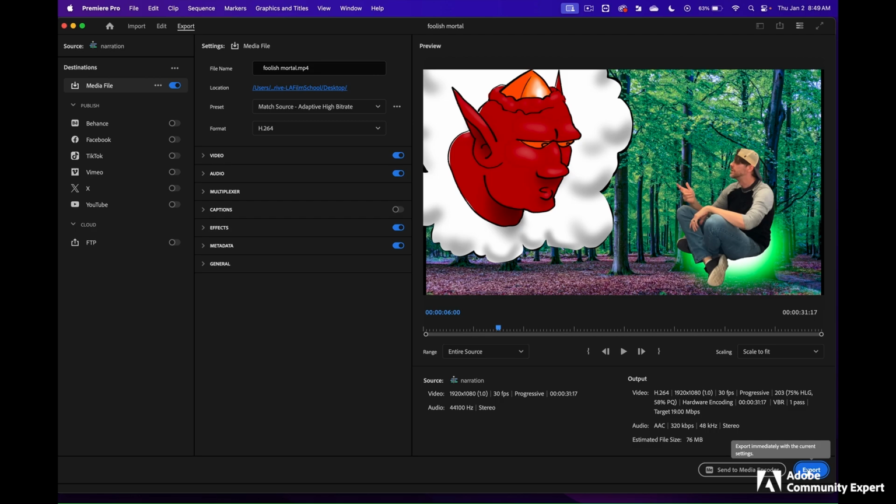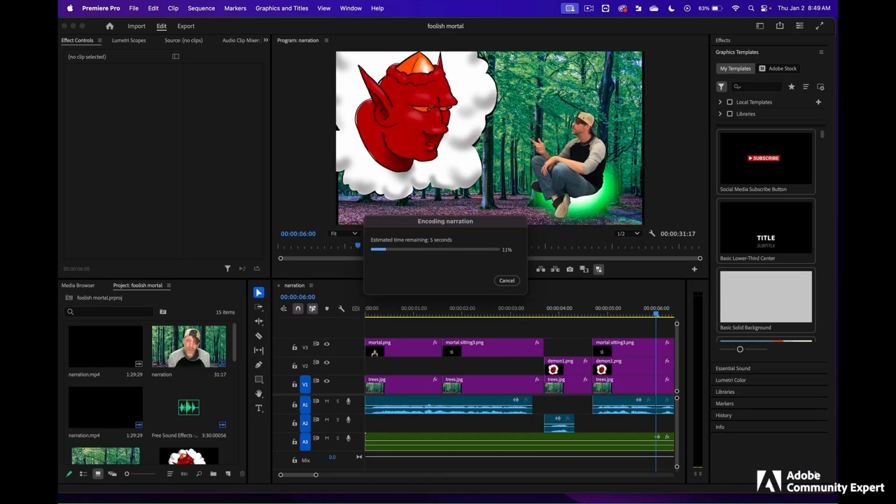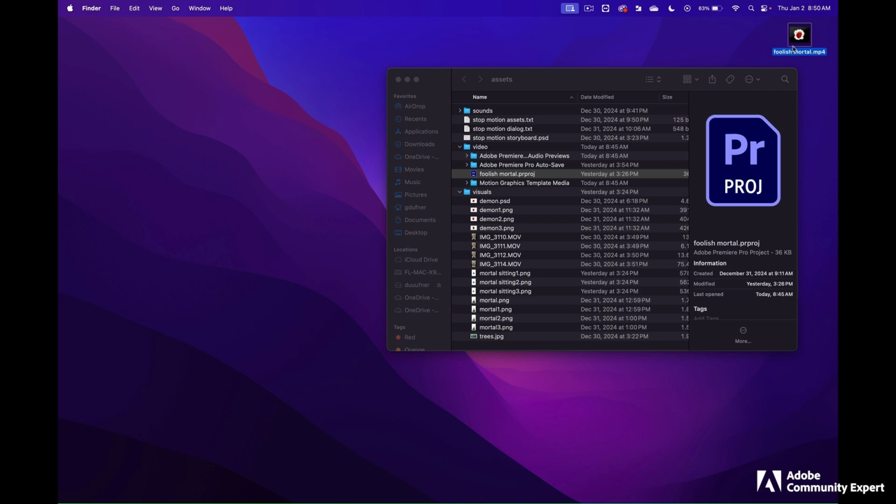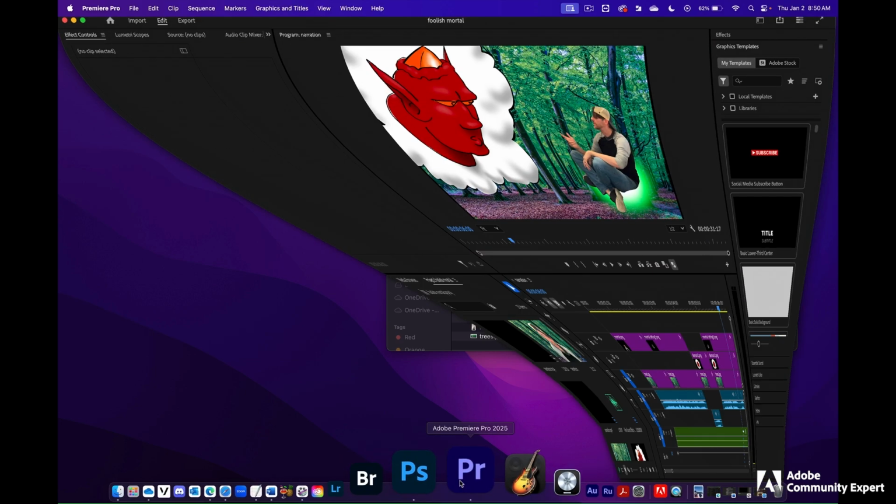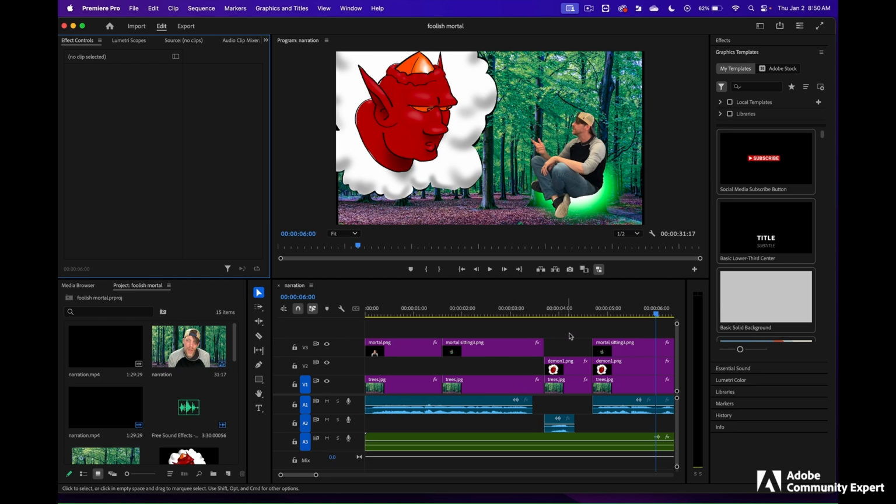On the bottom right, click on Export. It will take a few minutes for it to export. When it's all done, it will go to your desktop and then you can preview it by double clicking on it. What you want to do is you want to preview it and make sure that everything looks and sounds correct. If something is not working right, go back to the Premiere Pro file and fix whatever it is you